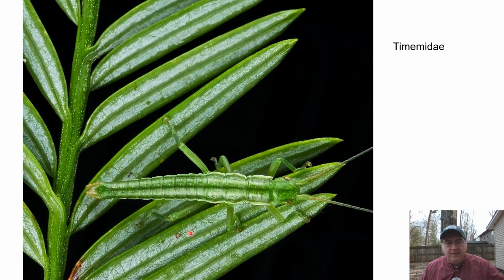This is a Timema, I believe this looks like a U needle. So you can see it's kind of got that walking stick sort of a body plan going here, elongate, camouflage, even to the point of you see the two white lines on the U needle. You can see the two white lines here. So the Timemids,